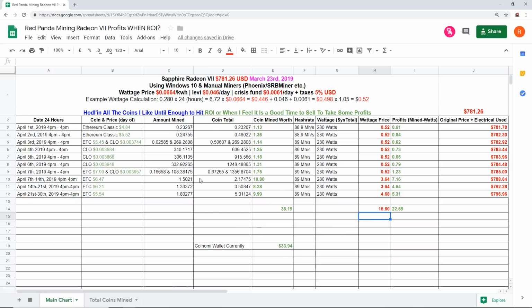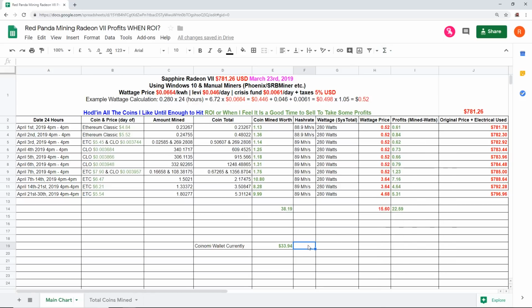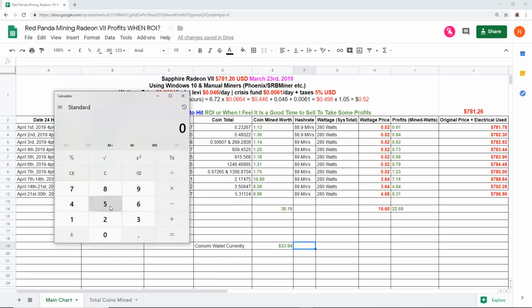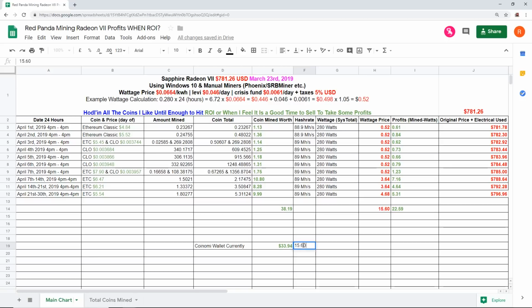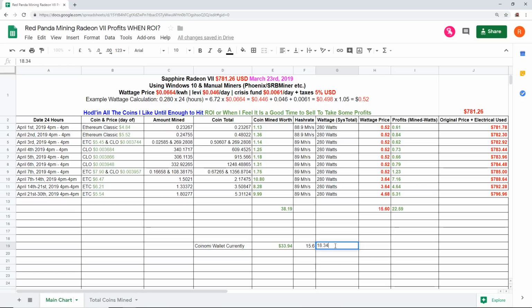Now if I held the coins, which I did, and you can see my whole Coinomi wallet currently with the cold staking CLO, the total worth of the wallet right now is $33.94. And now if we minus that out, let's get a calculator, shall we? We go 33.94 minus 15.60 for the wattage, we would make about 18.34